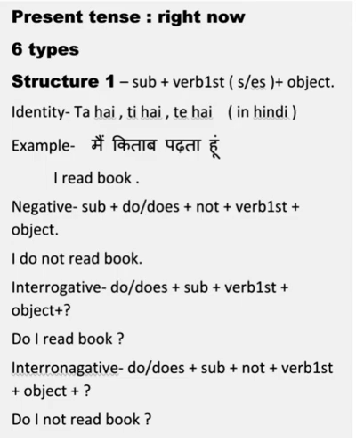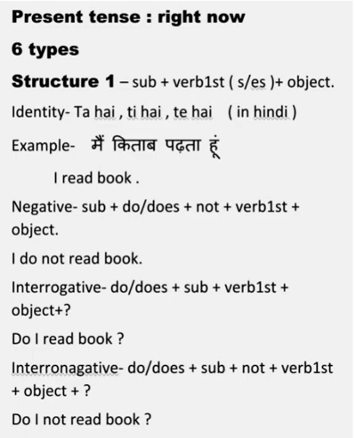Always remember, when we are making a negative sentence, we'll definitely need a helping verb, and when it's interrogative negative, first of all we'll use the helping verb, then the subject and then not. Got it? So do, does plus subject plus not plus verb first form plus object plus question mark. So: do I not read book, question mark. I hope you got it. Out of this structure we made this sentence.